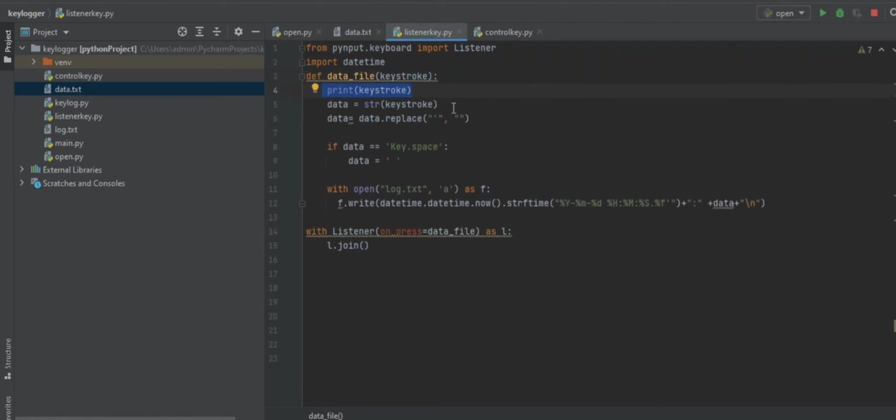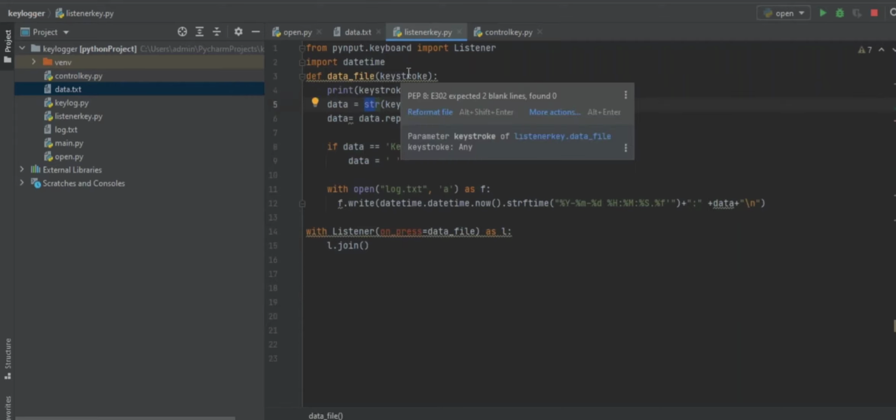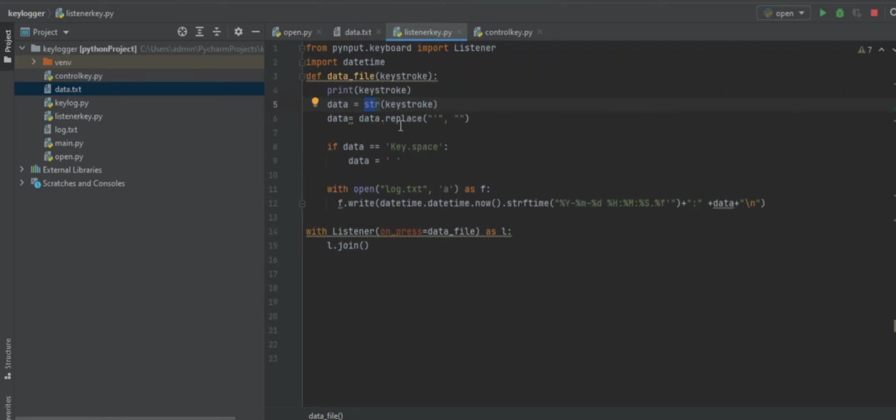Whenever a user presses anything on the keyboard, it will simply be printed on your terminal. And then I've assigned the string data type to my keystroke, because whenever anything is pressed on your keyboard, it will be in the form of a string. So we are telling Python that it should save the keystroke in the form of a string.